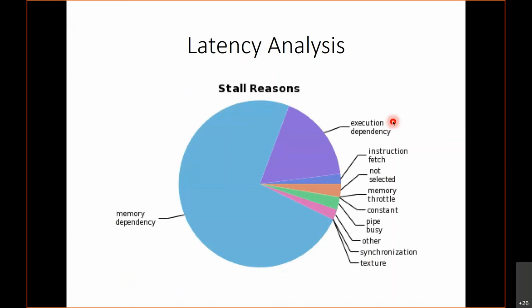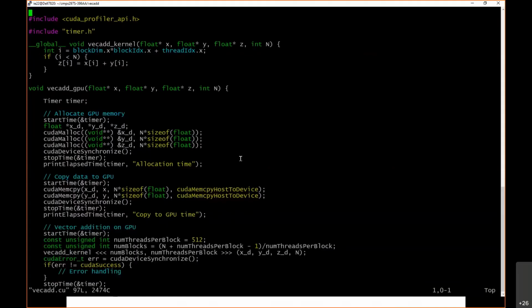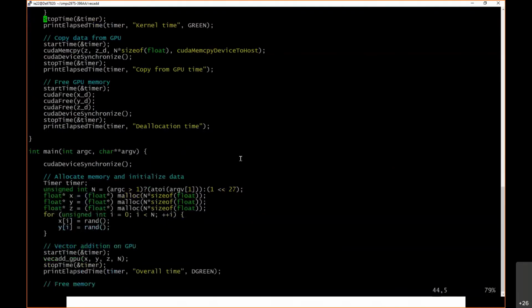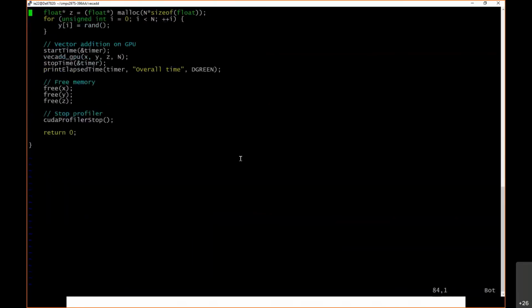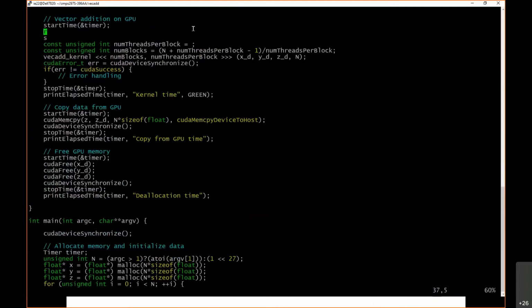Okay, so let's tinker with this a little bit. Let's mess with our profiler and see what happens if we set our thread block size to underutilize the GPU. Before, I had set my number of threads per block to 512. Now, if I set my number of threads per block to 32, for example,